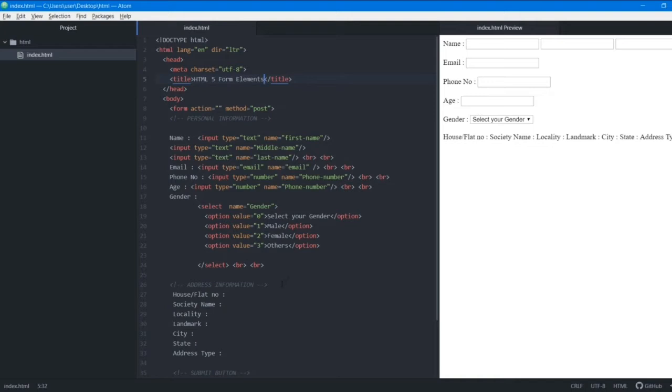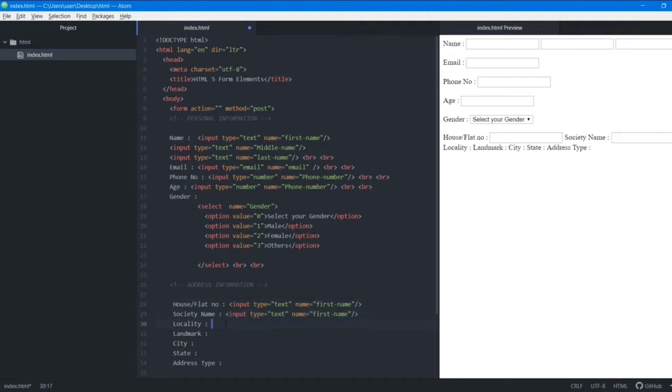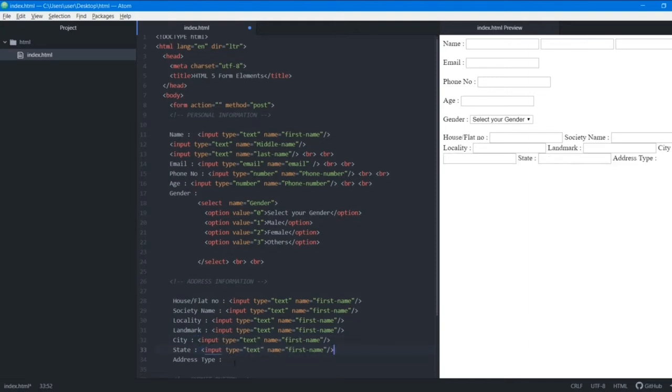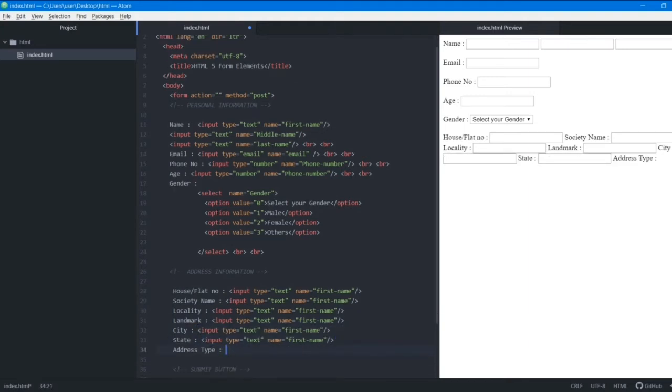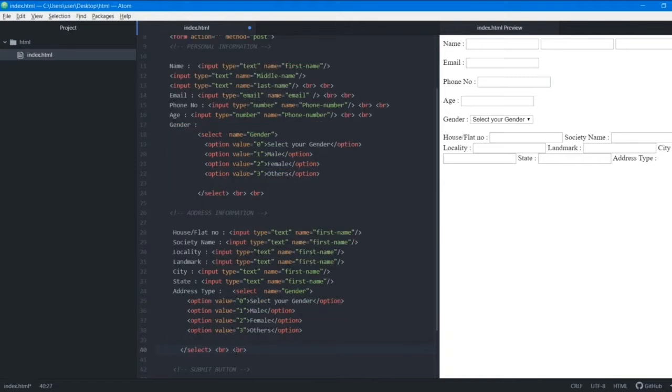Now we'll structure our address section. For address we want only one thing, so I'll just copy this out. We are going to use type as text. We're not going to change our type, so I'll just paste it out. We'll change the name. That's the only thing we want to change. And for this address type we are going to use a drop down menu, so I'll just copy this out and paste it here.